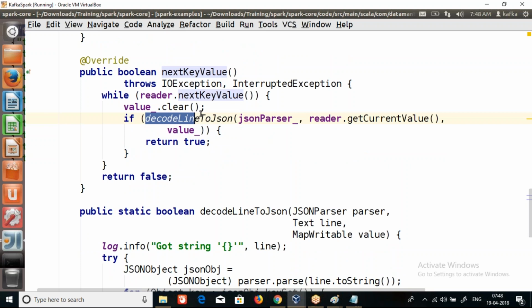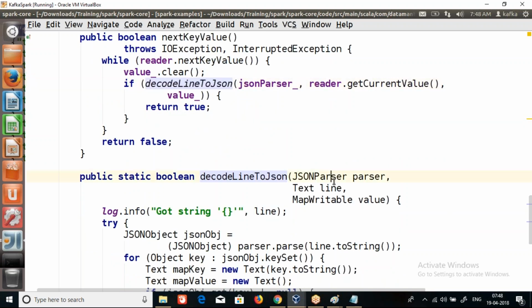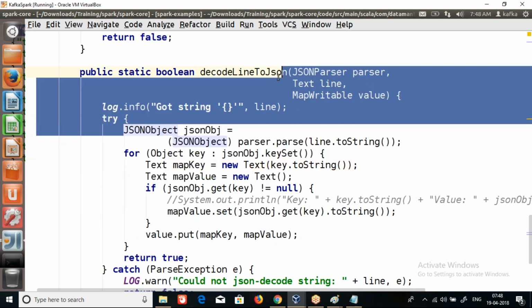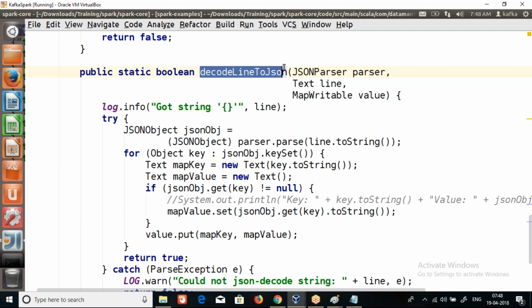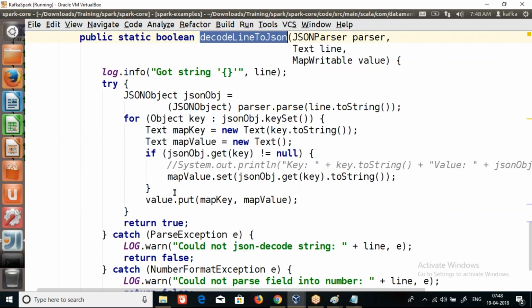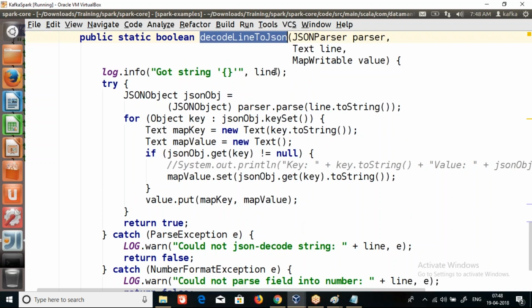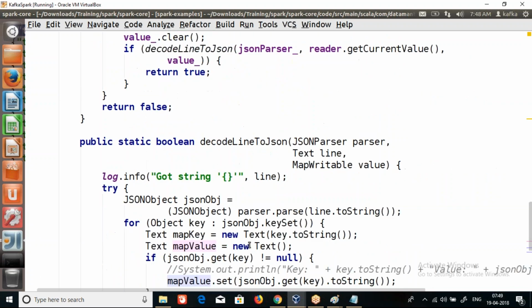The value, as you can see here, as soon as it reads the whole line, a JSON parser is being used. So that JSON parser reads the data. This decode line to JSON is the method. This is what we have to write. Import the JSON parser, and write all these things. Convert the JSON object to a hash map. So we have our map key and map value. So that's how the data is read